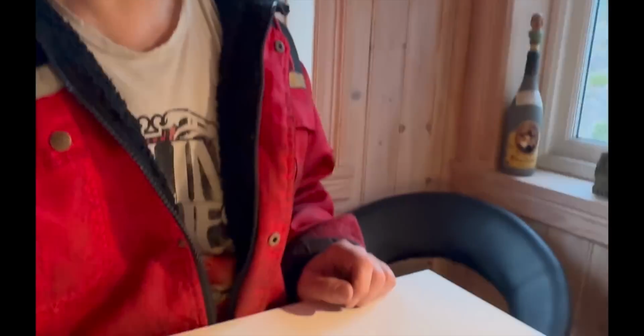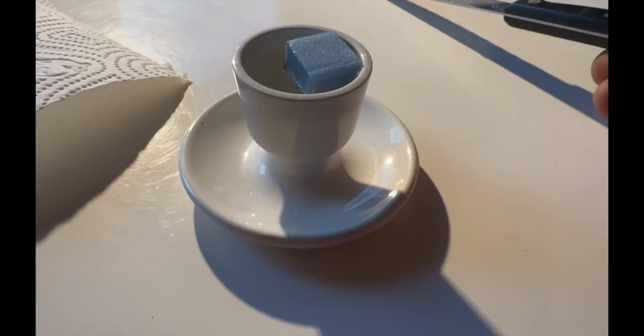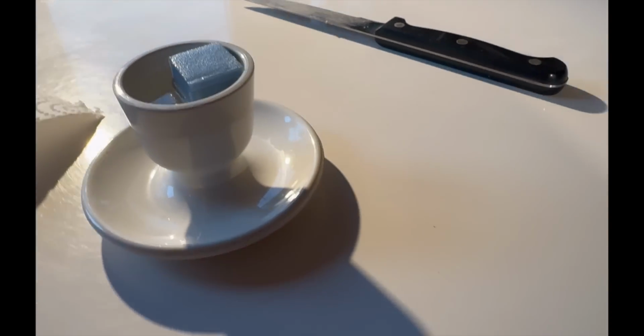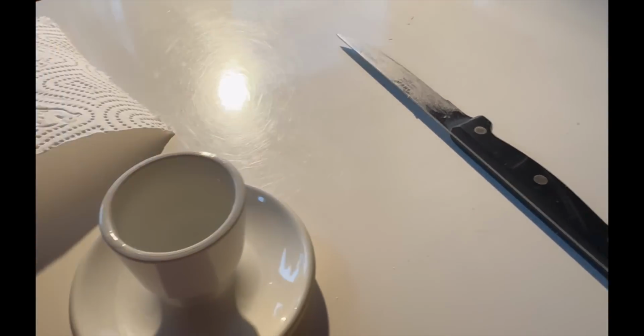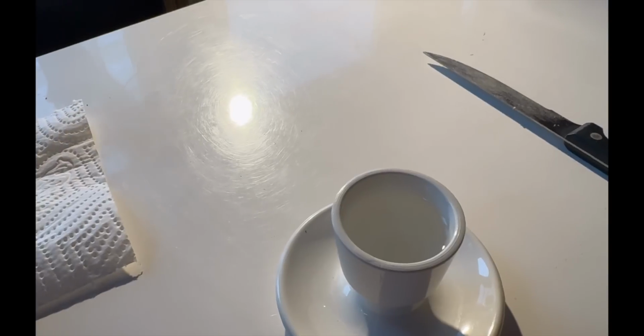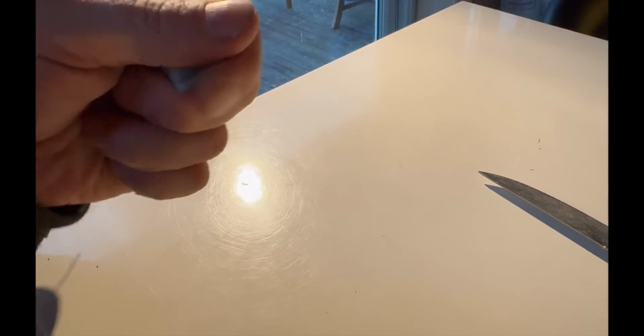I'm digging outside the summer house, but I thought I'd take a little break and see if this sample from this insulation stuff has actually picked up water. It seems to be sitting lower in the water today, so it might have picked up some. Now I will dry it, so it's dry on the outside. Let's see if it squeezes out any water. Oh, actually not. It seems to be okay, but it's not much water anyway, so...